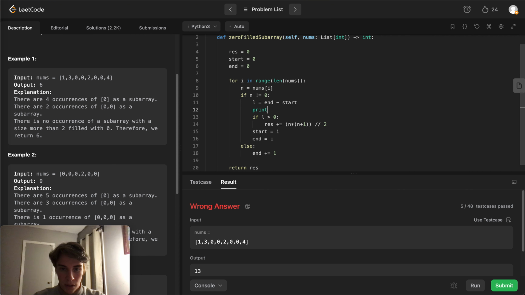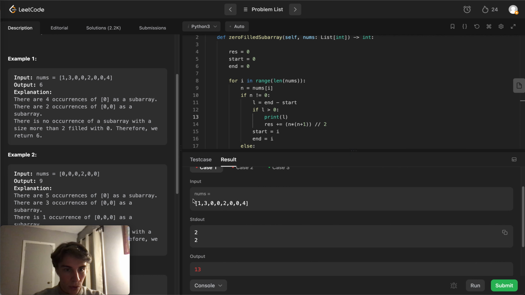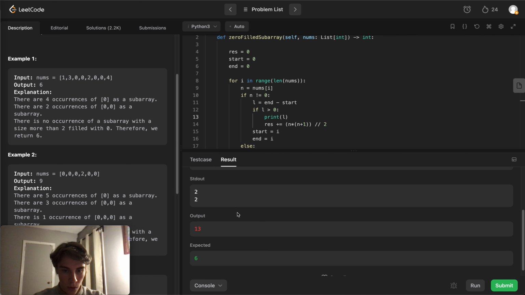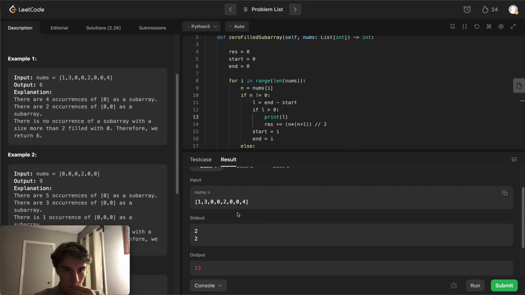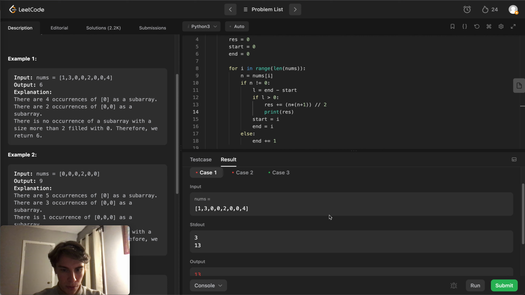Let me print this here to see if my, okay, 2, 2, 2, 2, but my output is 13. Let me look at res. First time res is supposed to be 3. Second time res is supposed to be